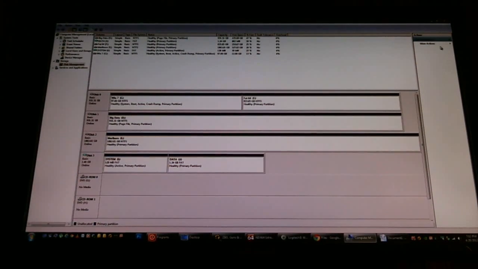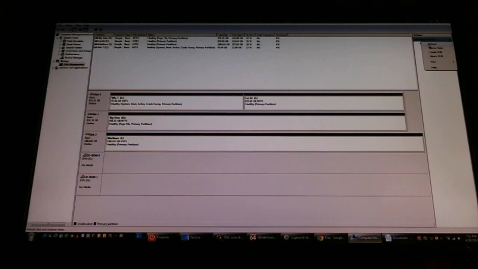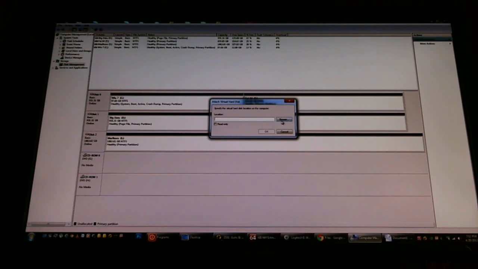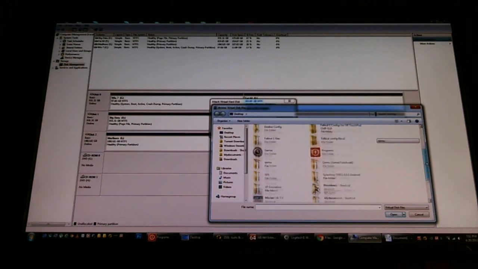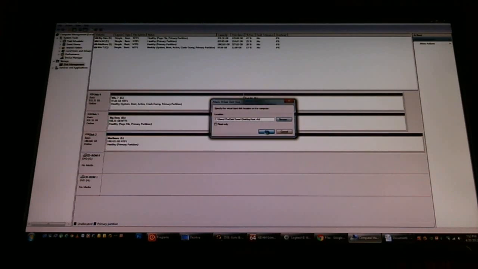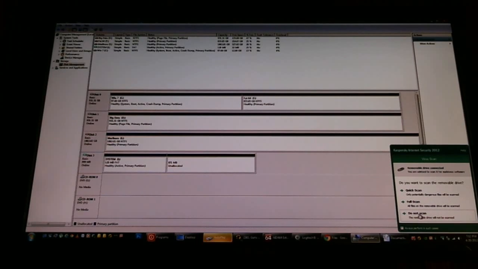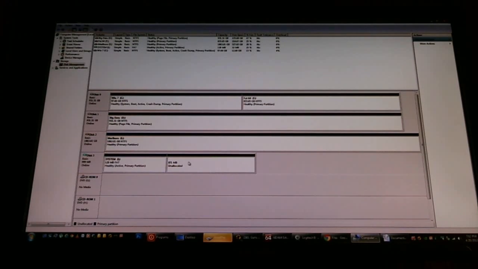We need to go back, and we can add and remove the drives. I'm going to remove the one I just added. And the one I just created, I'm going to attach the VHD, browse to it. We called it Test. Now we'll open it up. Now when it comes up here in the disk management, it'll be blacked out because it hasn't been activated. The first file system, the operating system, is accessible, but the second one won't be until we right-click on it,